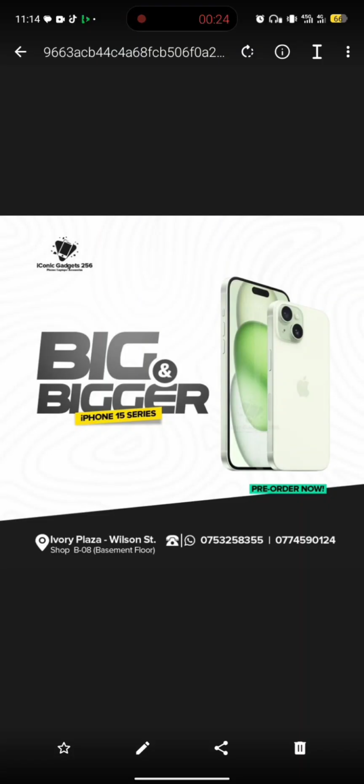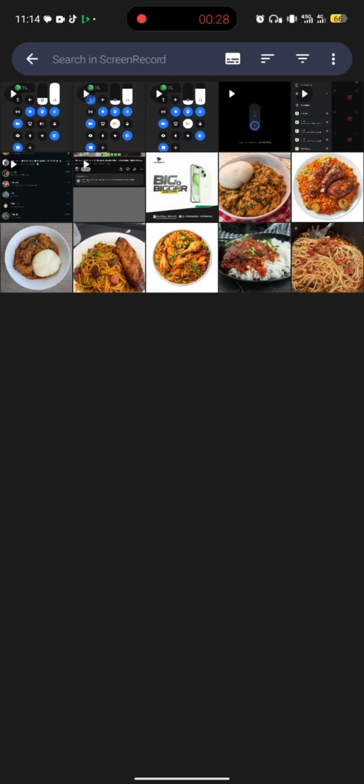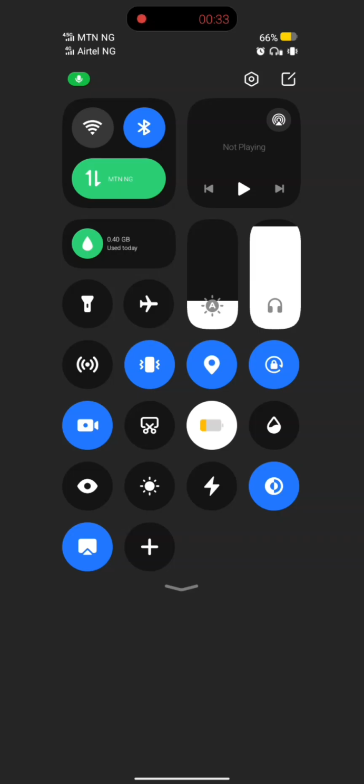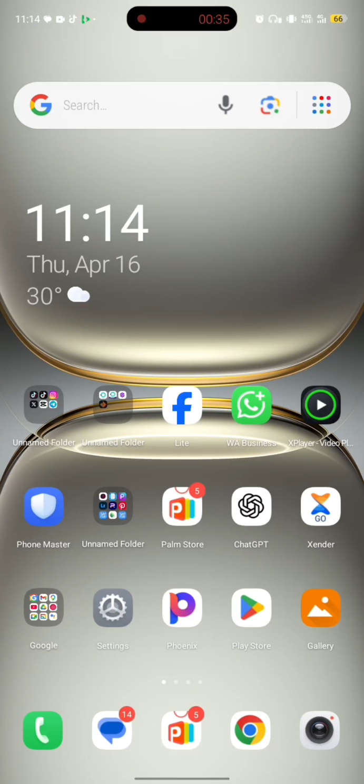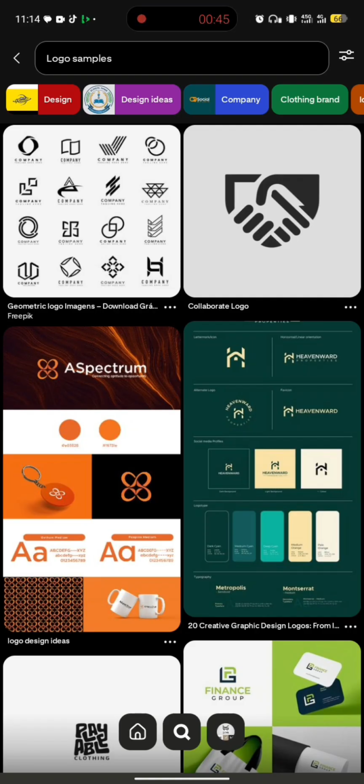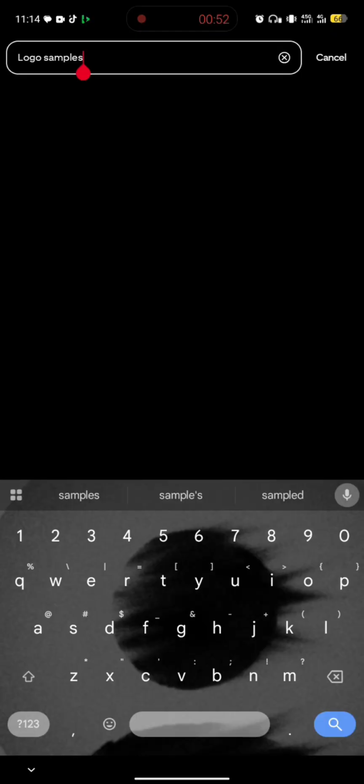So firstly, our resource tool, like I said, I'll be using Pinterest. Let me turn on my data because these resources need data to work. So Pinterest, we've seen the flyer, we've seen how it looks. Pinterest is a place where you can find any resource you want, icons, logos, anything you want to use. I've already checked for the picture I want, but on our flyer design, we have an iPhone